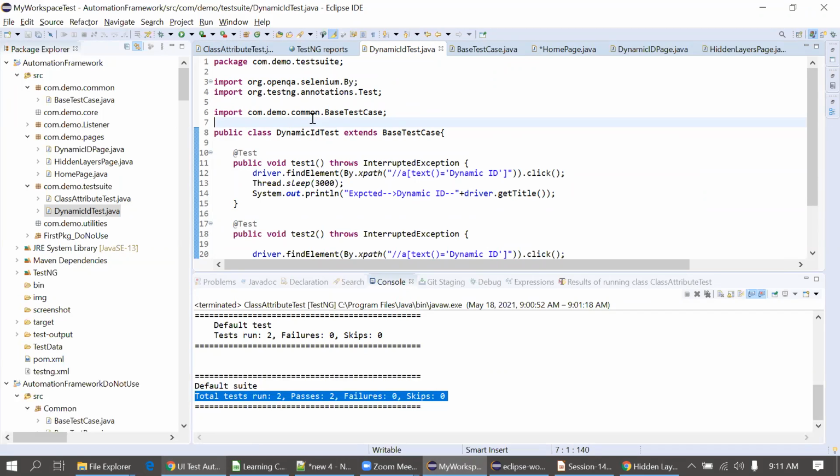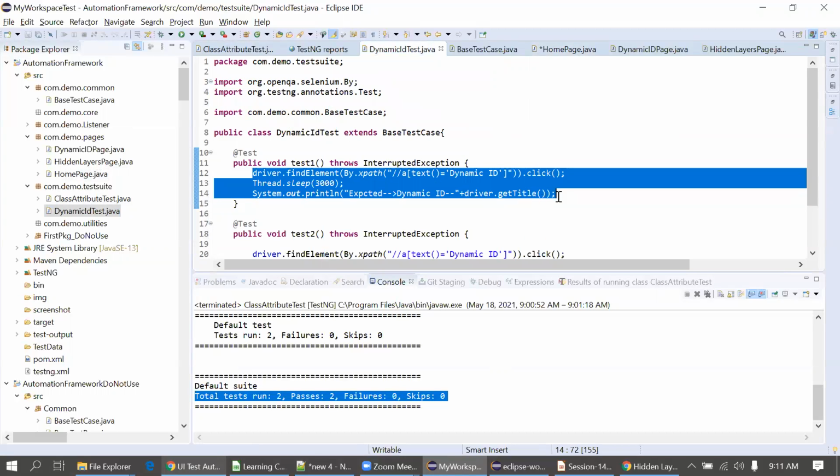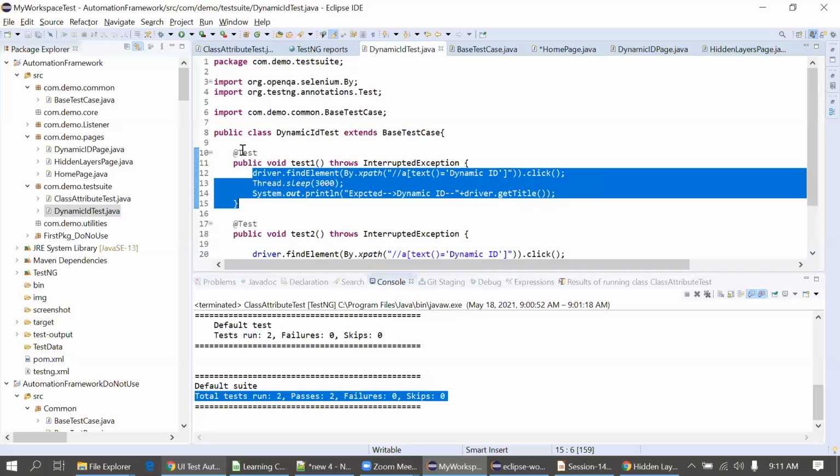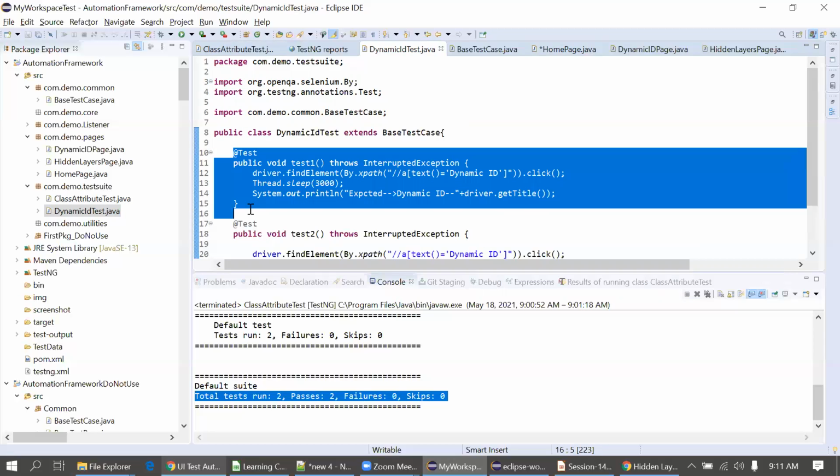This is just a basic step that I have showed you, but we will not follow this practice of writing locators in this class. And this action as well, we will not write in this test class. We will just keep it separate from this flow. We will just put the flow here in this class now. Suppose we have to invoke the home page, click onto this button, and again verify this text. Those steps we will just put into this @Test method.